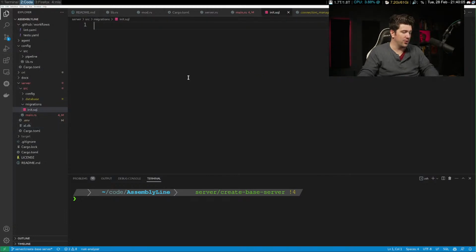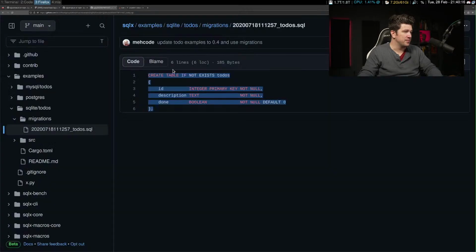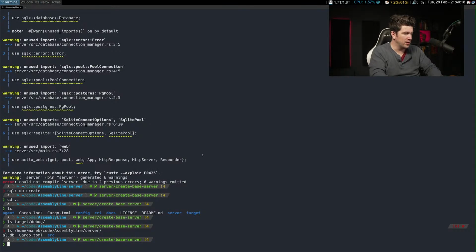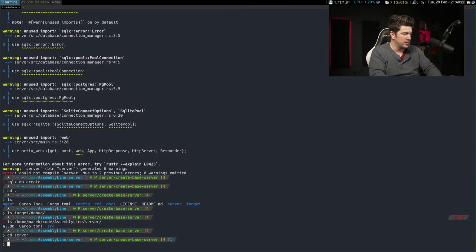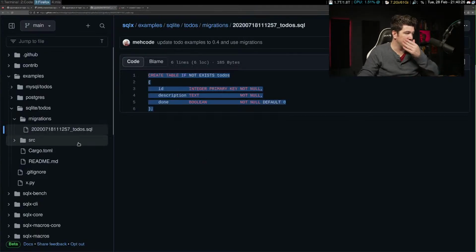I know that's a horrible name for a migration, and it should have the date and a whole bunch of other stuff, but we're just doing this. All right, so then we're going to go, what was their command? They had a command for migration.